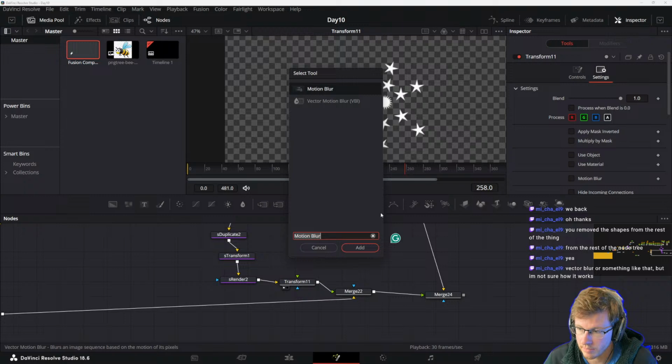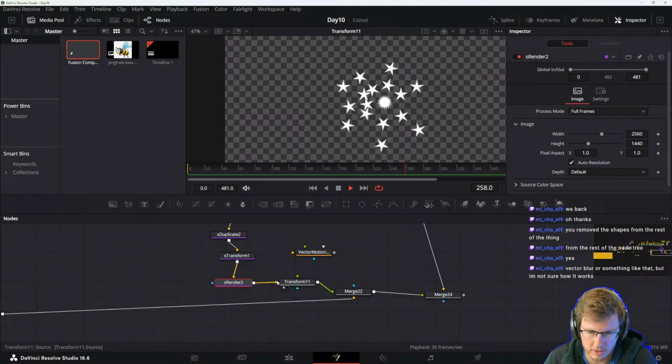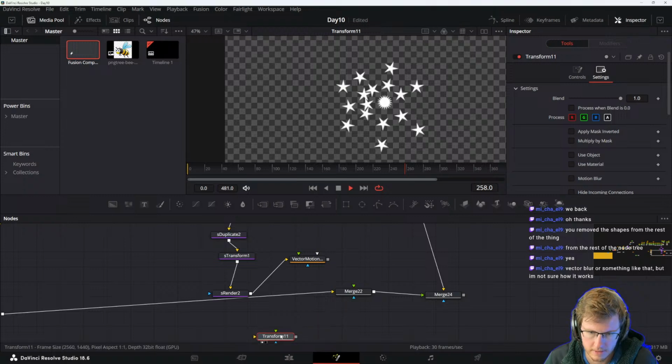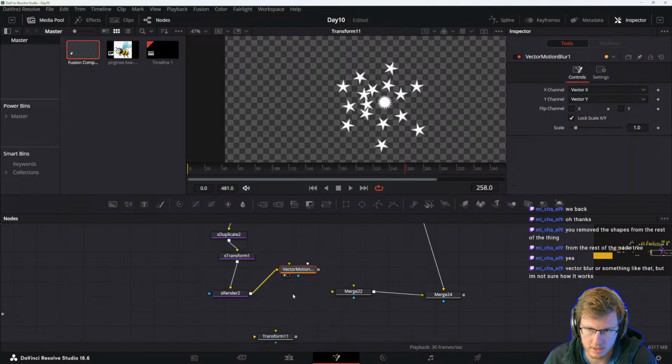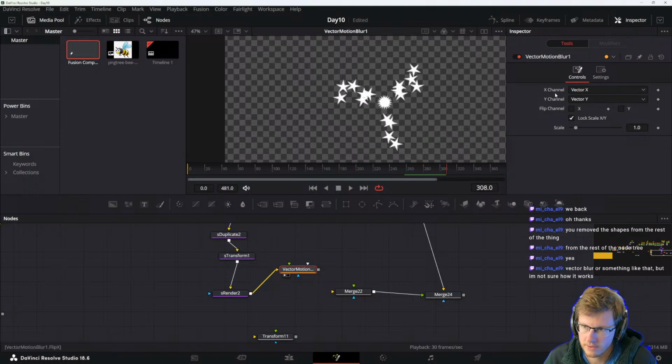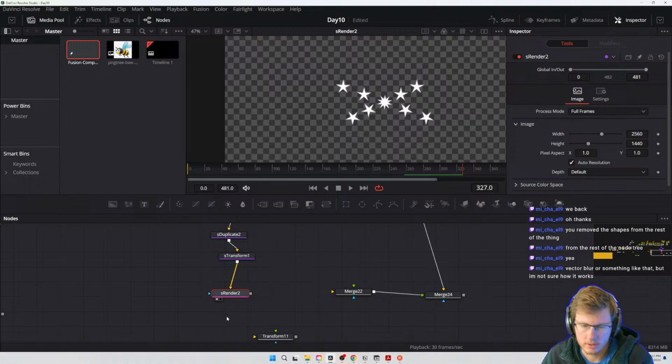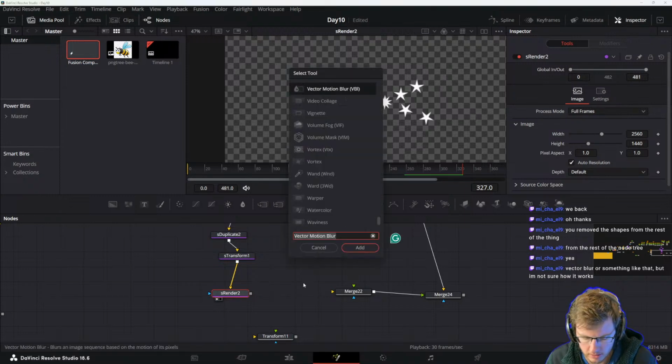Vector blur or something like that, but I'm not sure how it works. VBI. Oh. I don't know if vector blur, like, let's see. I don't think that's it. I think it needs to be connected this way. So let's see, we got this. Can you turn this up? No, vector. I don't think that's it. Don't think so. But let's see, vector. So let's see, blur,